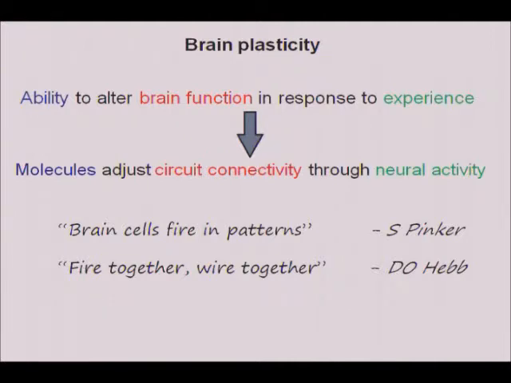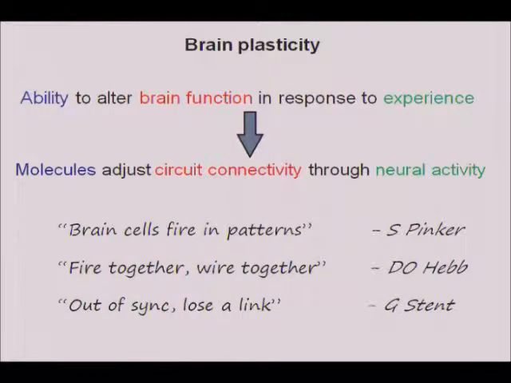But on theoretical grounds, you might imagine that this is not enough. Eventually, you might saturate the entire brain and everything would be wired together. So clever people came up with other phrases like out of sync, lose a link. And so that's the long-term depression kind of aspect, that things that are not correlated should be weakened. Of course, this is grossly oversimplified, but these notions are themes that pervade the study of critical periods, because early life experience played out as neural spiking patterns will eventually engage these rules of plasticity.